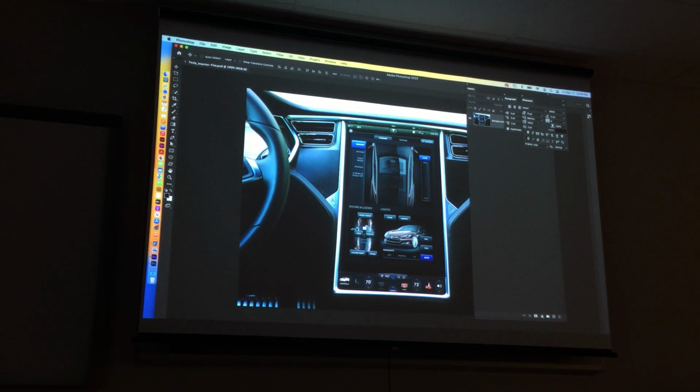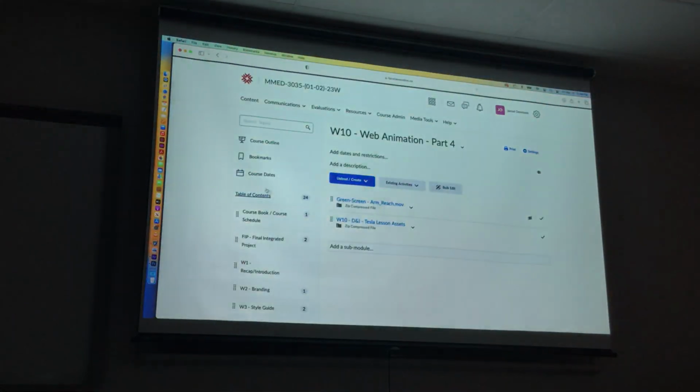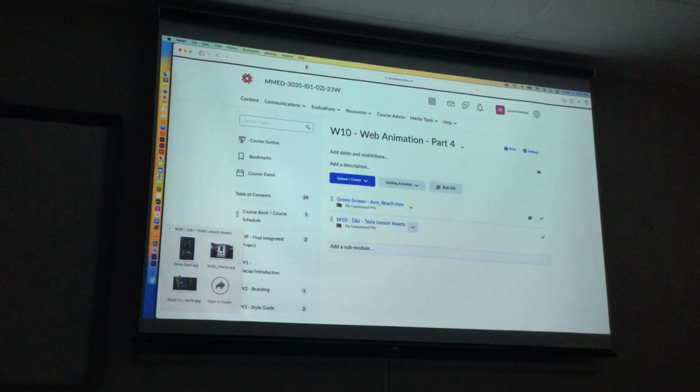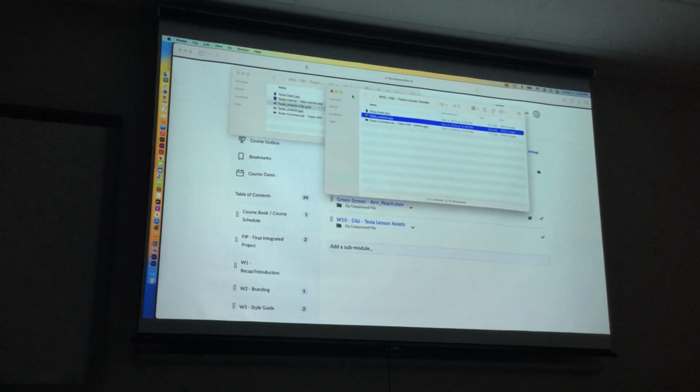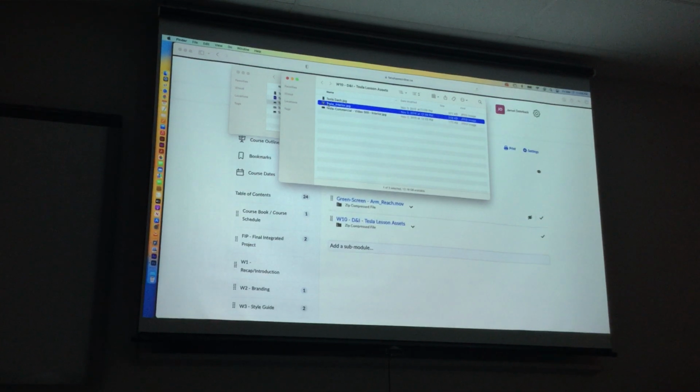Oh, yours is different looking, sorry. I'm working from the file that I had yesterday. So let me download what you're working from, which is this. Okay, sorry, I was working from my file from yesterday from my other class. So it's a little bit different than yours. So it's not a PSD yet. So what we'll do is go to